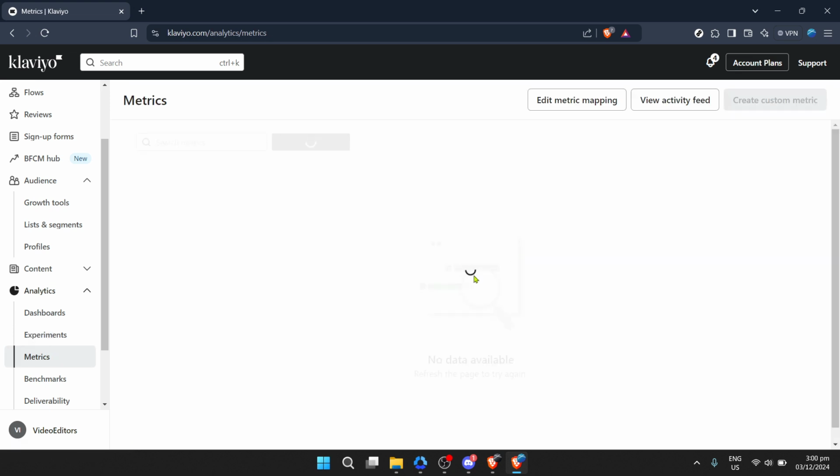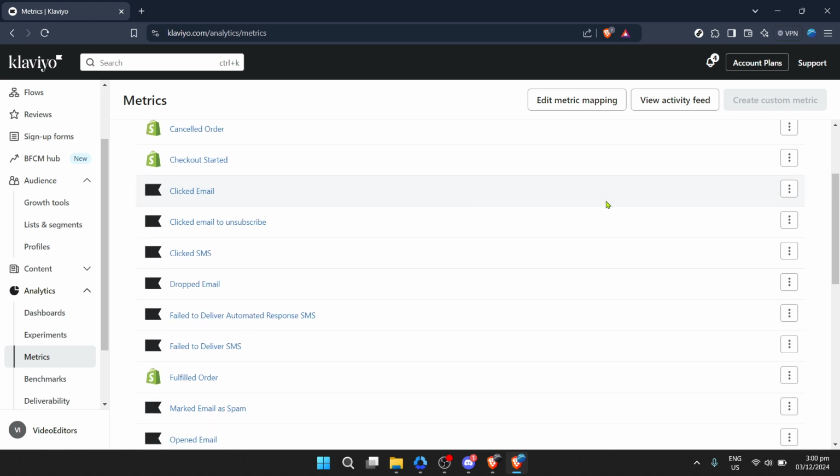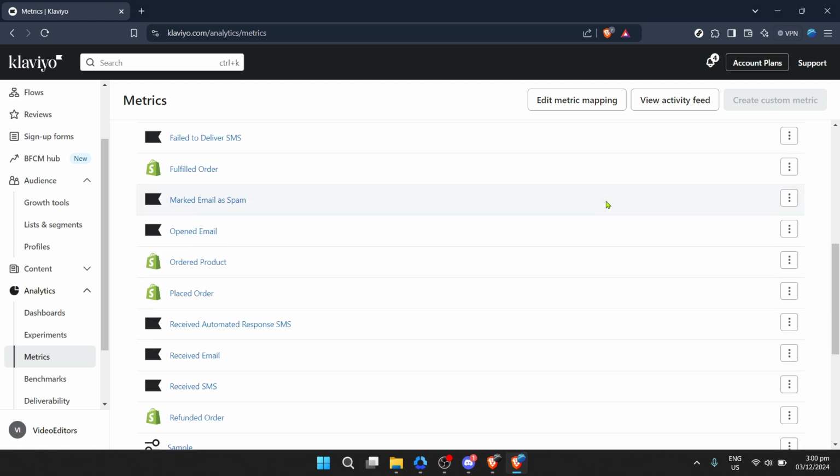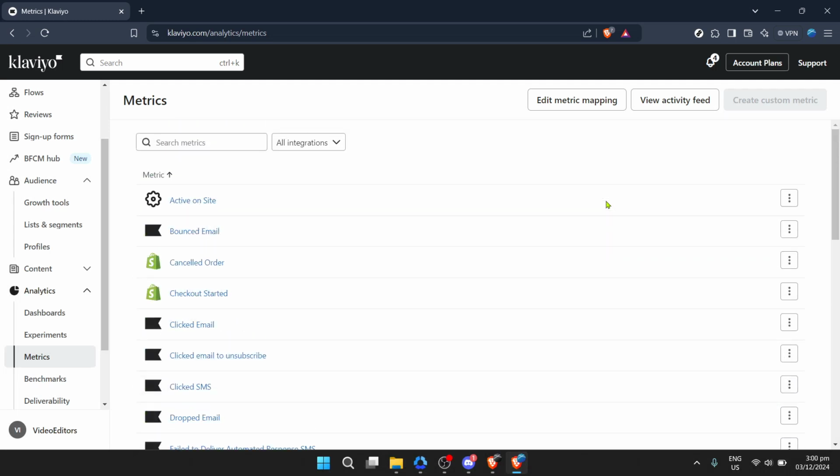On this new page, you'll be prompted to choose the method of aggregation for your metric. The term might sound technical, but it's simply the way Klaviyo will summarize your data. Click on Choose the method of aggregation, and several options will drop down. For beginners and most general uses, the count aggregation is the most straightforward and universally applicable option. It means that Klaviyo will count each time the event happens, so go ahead and click on Count.